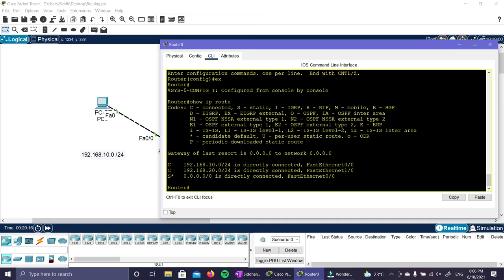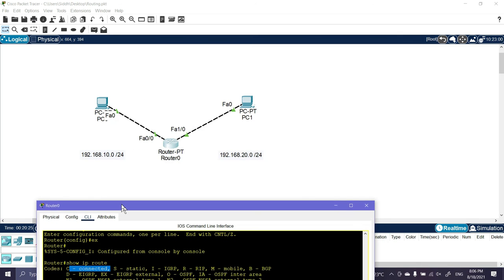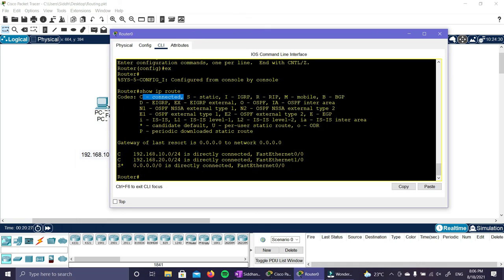Now C means connected. Connected means a locally connected route, which you don't need to advertise. Like these 10.0 and 20.0 networks, they are locally connected to this router, so we don't need to advertise them. Now there is static routing, IGRP, RIP, mobile, BGP, EIGRP, OSPF, different kinds of routing protocols, and the first letter of your entry shows how this route was learned.